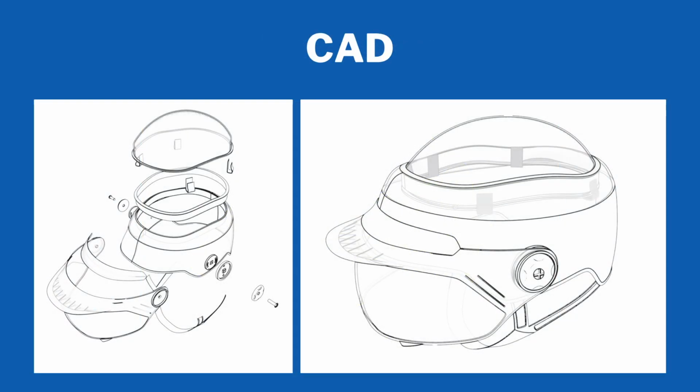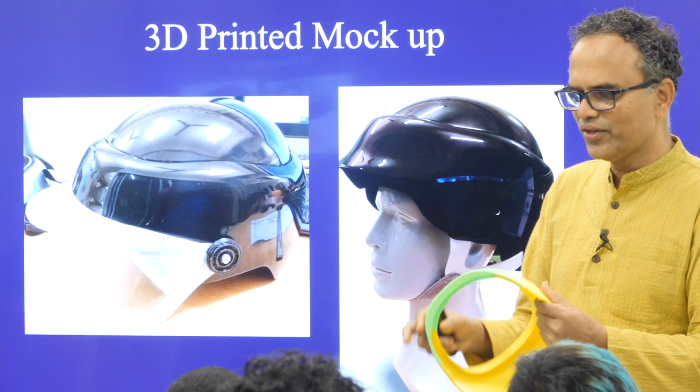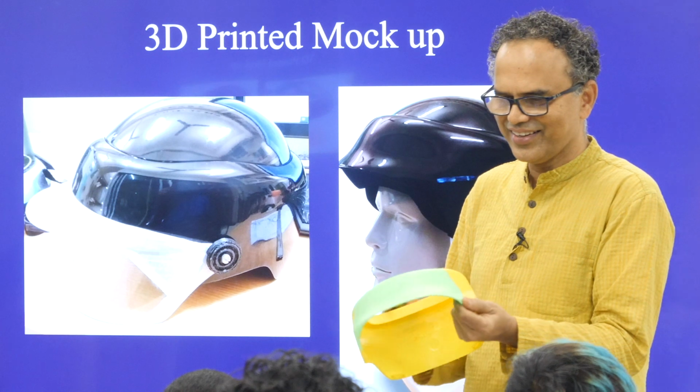And this is the final detailing of how the whole product was made, with all the clamps, buckles, rivets to put all the parts together. And from the CAD model, we did multiple 3D prints. There would be an error over here, so we'd print again and join that. So in this case, this is the bottom shell, and then we also have the gasket 3D printed.